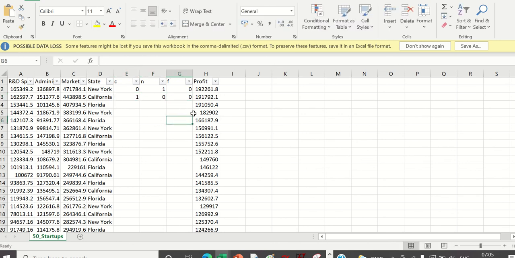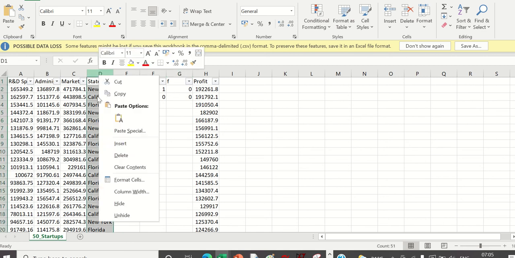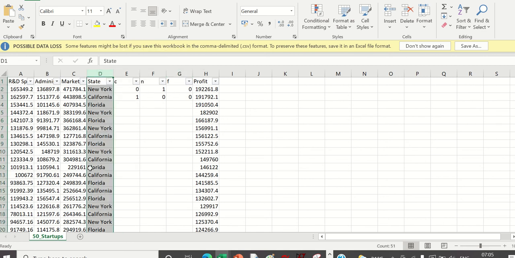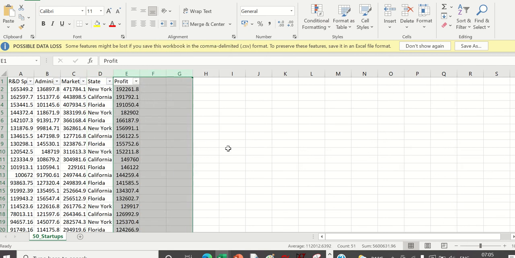It will make it in this form, and it will do the same thing for all the cases, and it will delete this particular column. So one column will be converted into three columns. If there are 10 different states, then it will create 10 different columns. Okay, this is how it will function. Let us see whether it is really doing that or not.